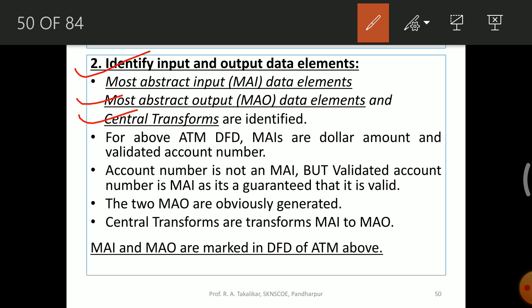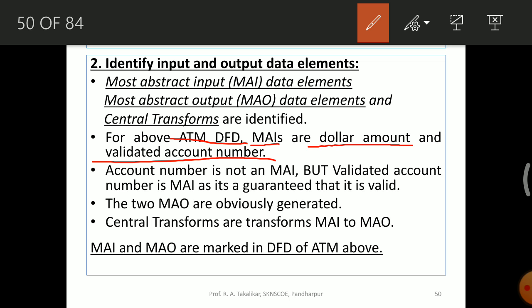Let us compare the previous examples and see which are the MAIs and MAOs. For the ATM DFD in the previous example, the MAIs are the dollar amount and validated account number.